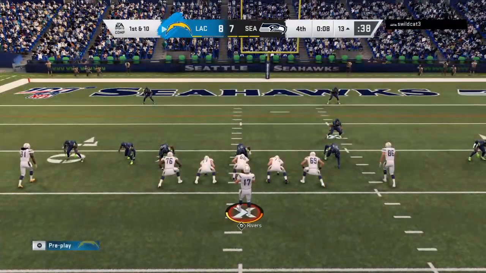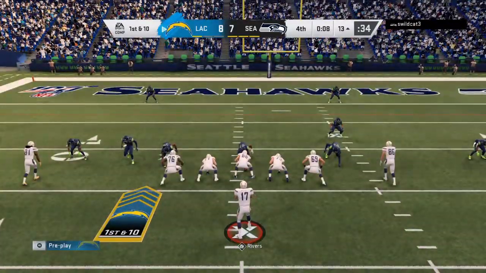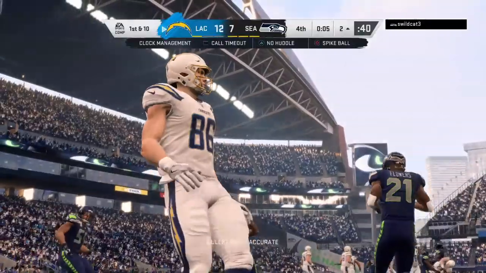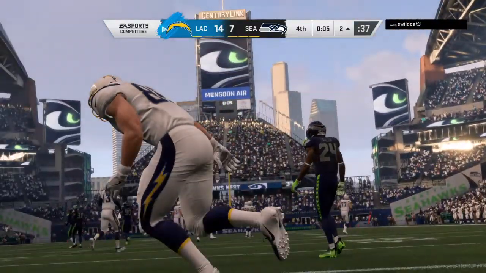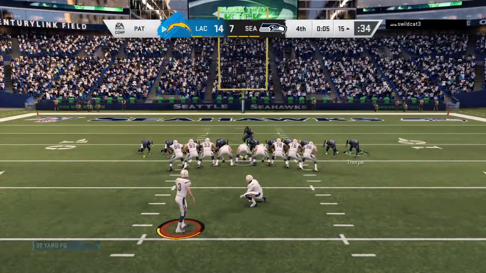Set, black 15. Check, watch 54. Watch the curl. From the red zone now, Rivers. And he's across for the late touchdown. And in the final seconds, that should just about put a capper on this game. So a little icing on the cake there before...